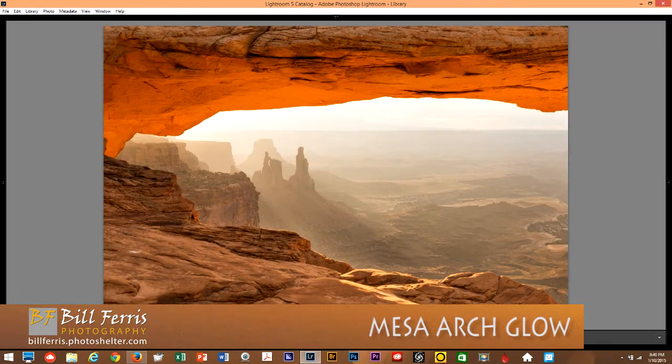The fifth photograph from last year, halfway through the list, is titled Mesa Arch Glow. This was also taken in July and is part of a family trip to Rocky Mountain National Park. Now, for this trip, I was meeting my wife and son in Denver, Colorado. They were vacationing together in Niagara Falls and were flying into Denver. I decided to make a 4-day road trip driving up to Denver, where I would meet them and pick them